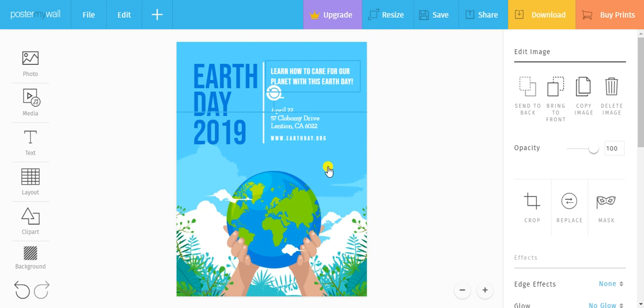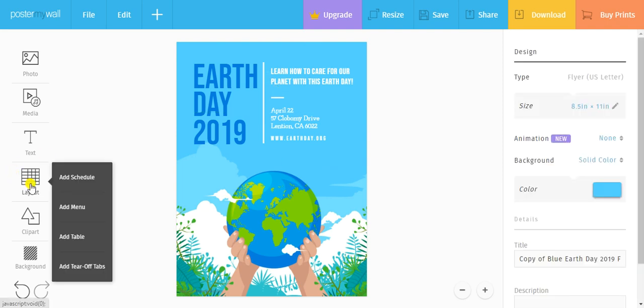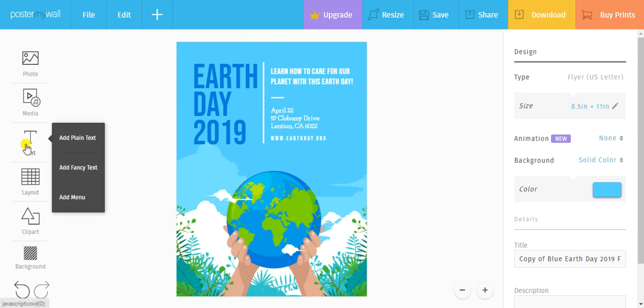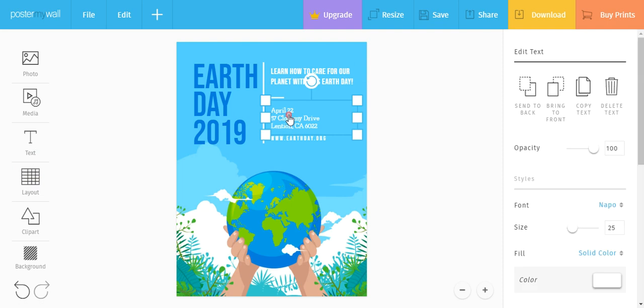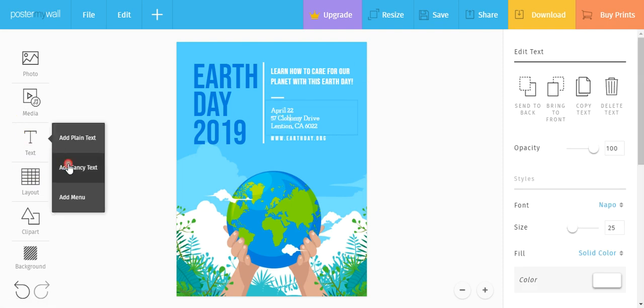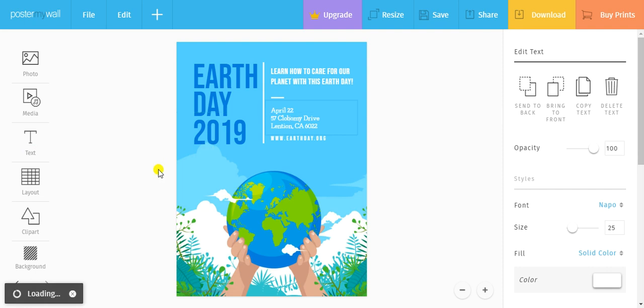Alright, okay. Layout. Probably you're not going to be using that much because right here you can add tables, schedule, and all of that. Then you got the text tool where you can add plain text. This right here that you see is plain text, right? But if you want to add the fancy text, as this one,